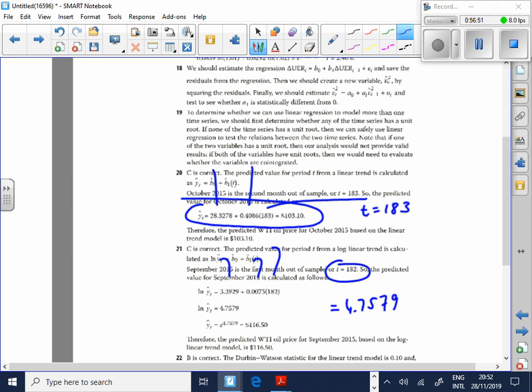That's just from running the regression and putting the numbers into the regression. But then what I have to do with that 4.7579 is go second function, ln, and then I get to my real answer of 11650. Obviously, guys, the minute you use a log linear model, then I need to use those. You guys comfortable with that? Nothing too crazy, but okay, good.